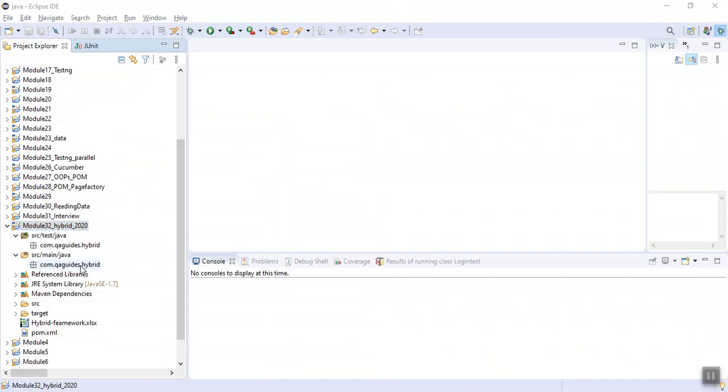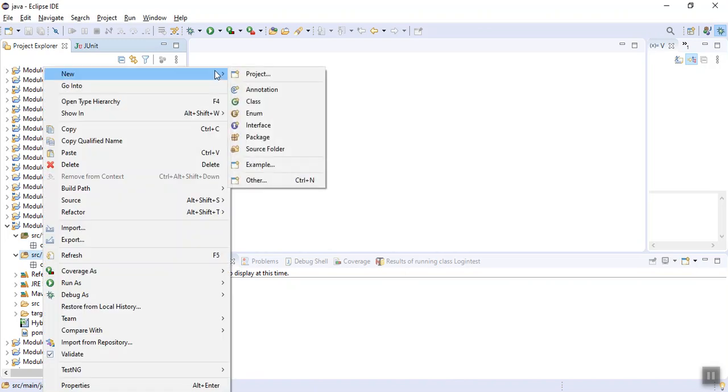See, I am going to create a new package here, that is com.qaguides.hybrid.keyword. And the next package which I am creating here is hybrid.util.